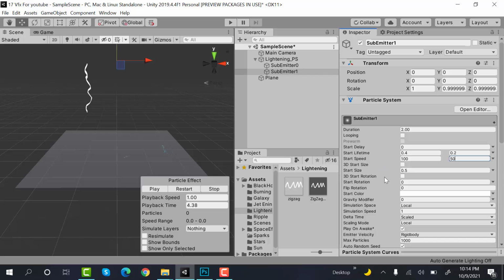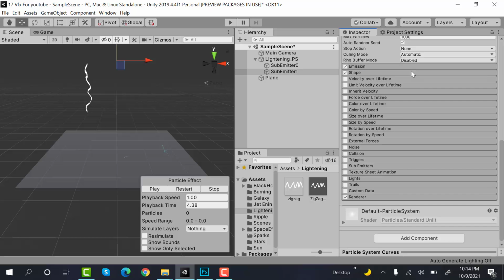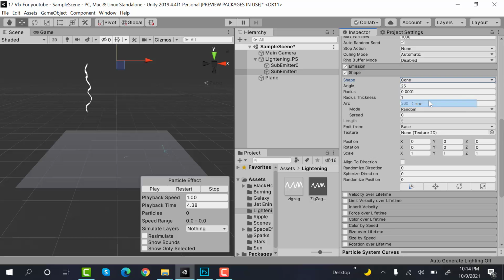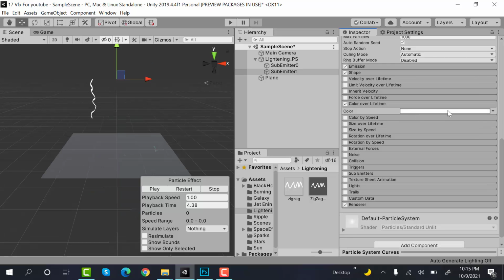After that, the size will be random between two constants, and the values will be 0.05 and 0.08. Emission would be 5. Shape would be cone. Angle would be 0.5. Radius would be very small, and scale would be 30 and 30 on the y-axis as well. Check color over lifetime,